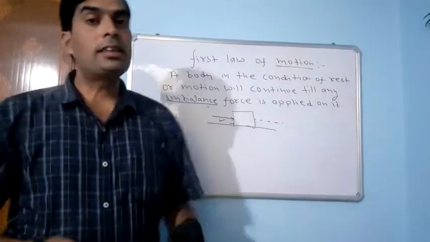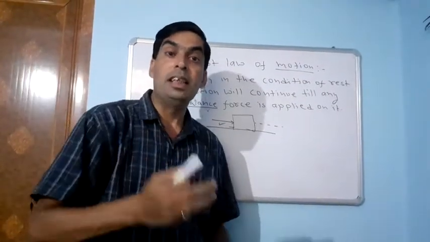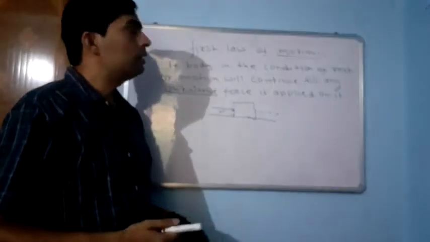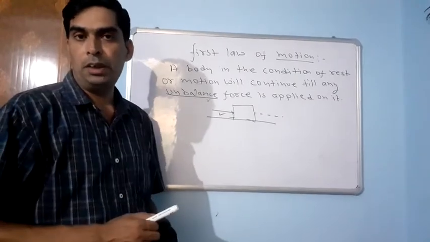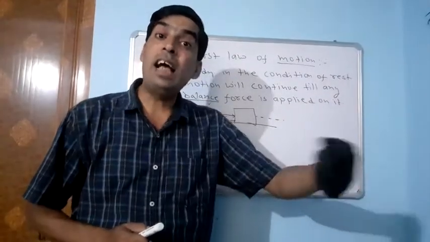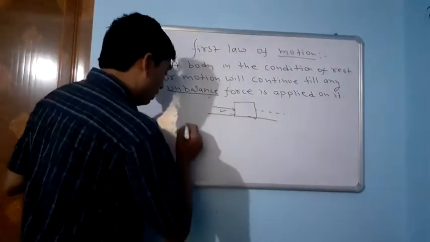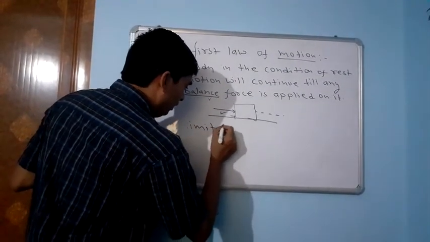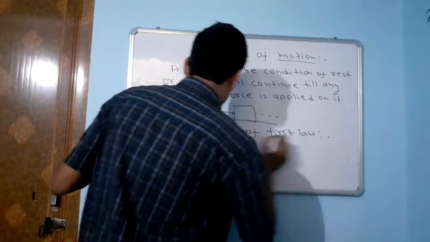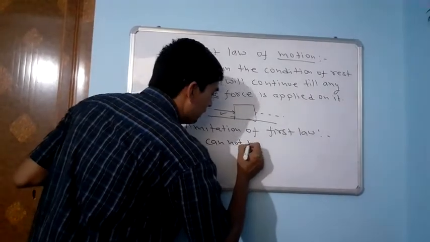Now, there are some limitations of this law, and this is the greatness of Newton, that when there are contradictions at some places, he starts to design another law, and that's why he moved to the second law and then the third law. What is the limitation of this law? You just pause the video and think for 1 minute. This law states that force is changing the inertia, but this law can't measure it. So the limitation of the first law is that it cannot measure the force.